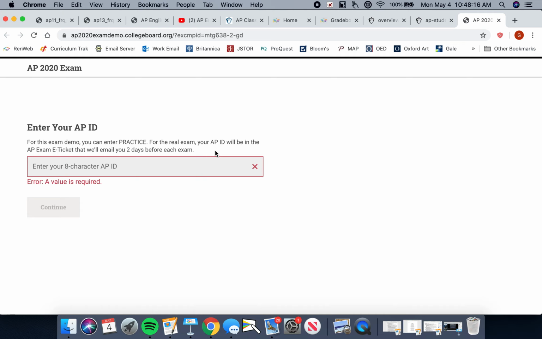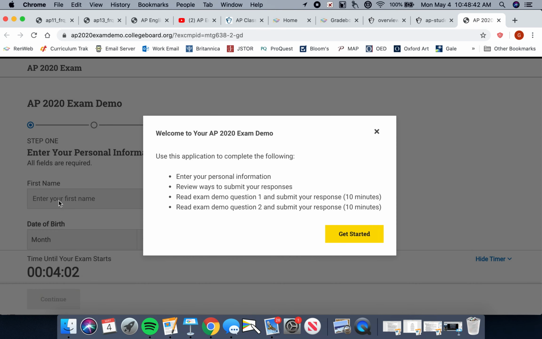That it's not some kind of crazy burner email that you made up one time as you sort of haphazardly made yourself a College Board profile or something like that, right? This needs to be an email that you have direct access to and that you are checking regularly. Okay, so this e-ticket is going to be sent to you. It's going to come with an AP ID. Now, for the practice, all you have to do is just enter the word practice as delineated right here. Okay, it's going to get you into what the sort of